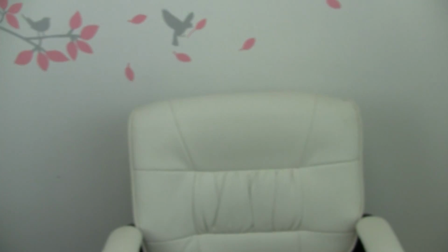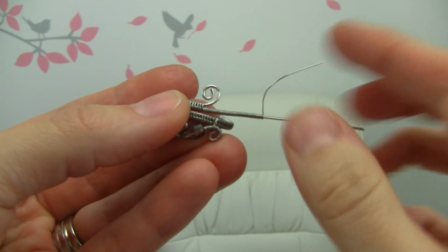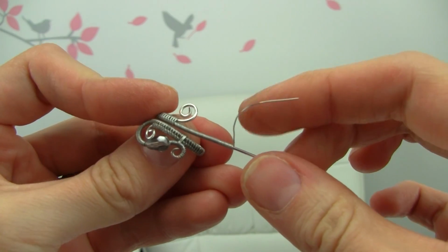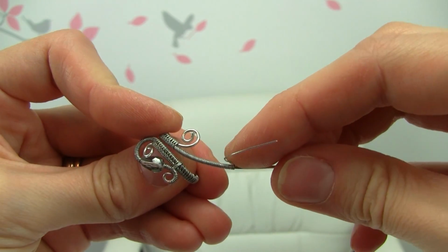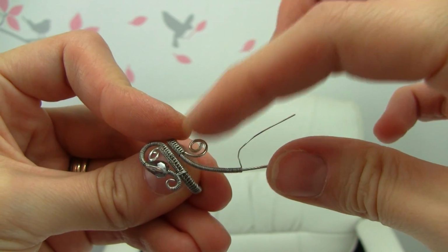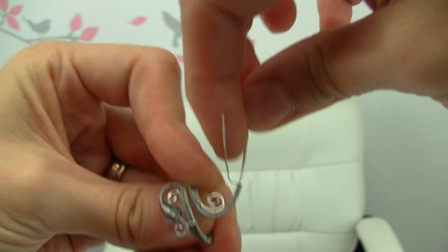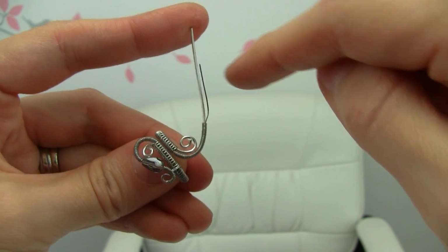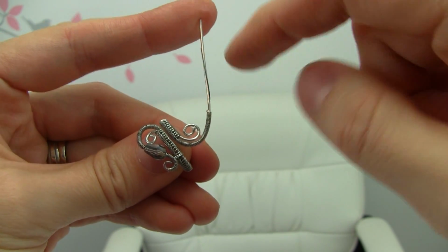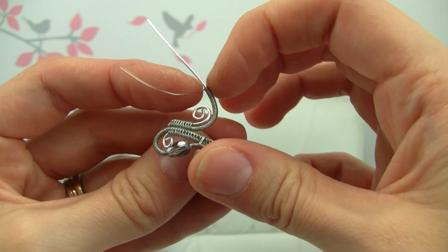Now I'm going to go ahead and finish this up and show you guys what to do next. Alright, so then what you can do in the bottom here, go a little ways, and then once it starts getting to like this length and you think it might be long enough, go ahead and bend it, follow this loop here. So it's tight right around this loop, just like that. And we're actually going to curl it the opposite direction. So we're going to curl it this way. So you can see